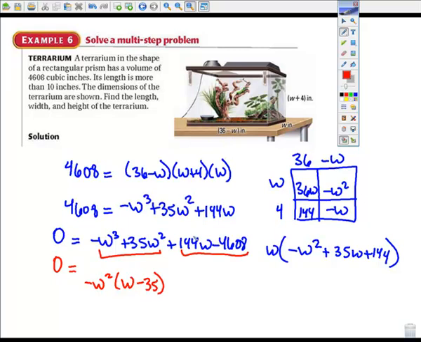So 4608 divided by 144, it does equal a 32. So I'm going to factor out a 144, and that gives me W minus